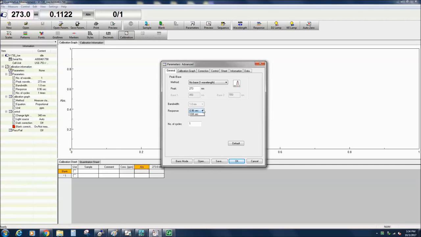The response is the time spent accumulating photometric or absorbance values. The response time can be increased to obtain better signal-to-noise ratios for samples with small absorbances. If basic mode has been selected, the optimum response is automatically determined from the specified bandwidth. The number of cycles allows you to specify the number of sample measurements to be obtained without having to manually